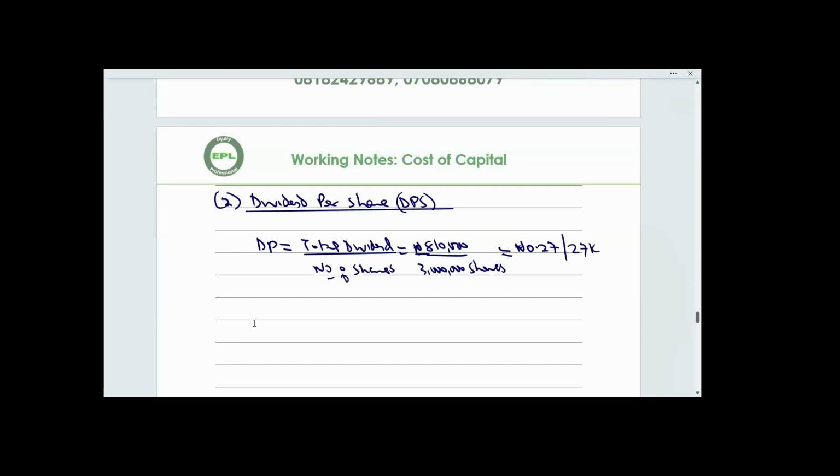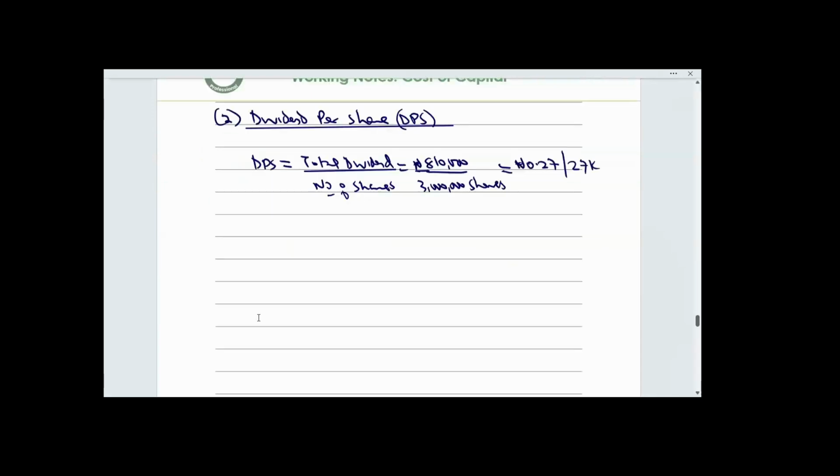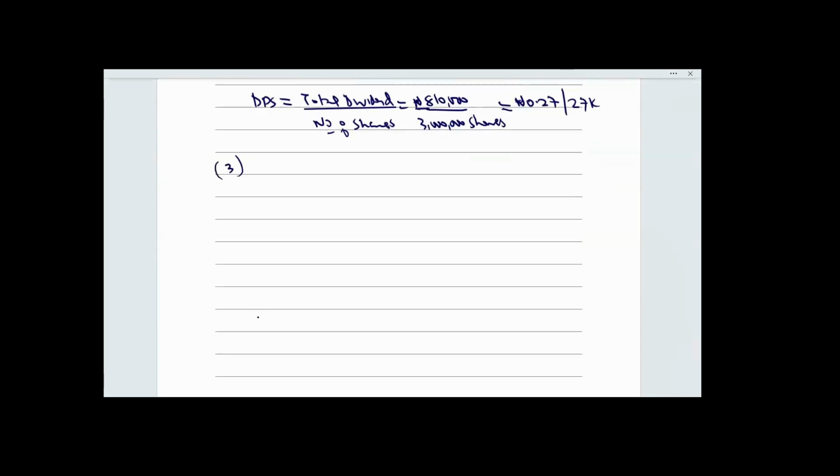All right. So after this, I need to calculate market value. Working number 3. I want to calculate market value. This is total market value. Market value of equity is calculated as, since I'm given number of shares in the question, number of shares multiplied by XDIV share price. So equity value equals 3 million shares.